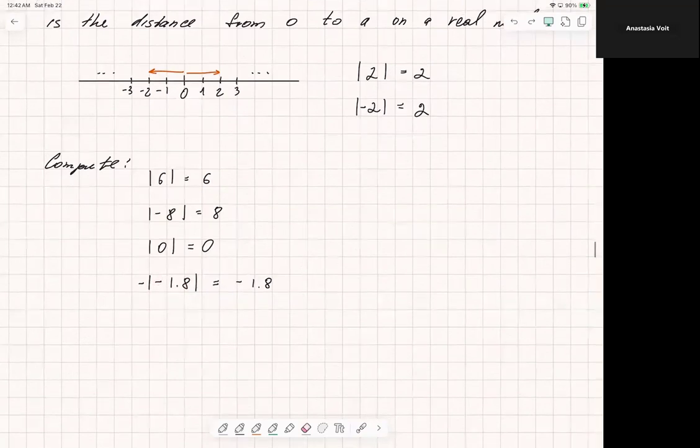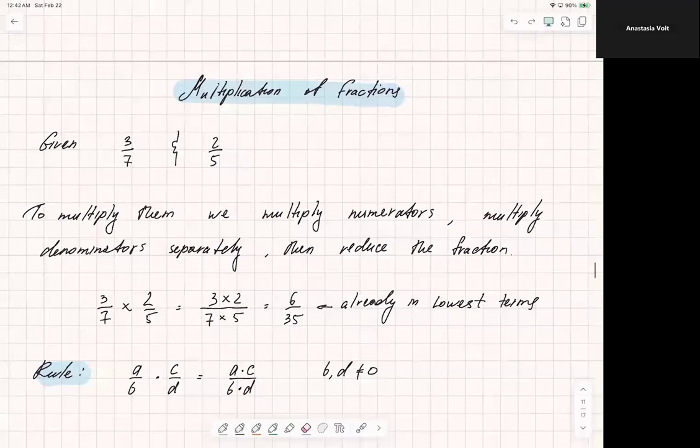Okay? All right. Now, I want us to do some mathematical operations on fractions. I want you guys to feel comfortable doing that. You can definitely use a calculator for that, and I'm totally fine with that. But we just need to know how it's done manually, and not be confused with these operations. So let's say we are given the numbers 3/7 and 2/5. We want to multiply them